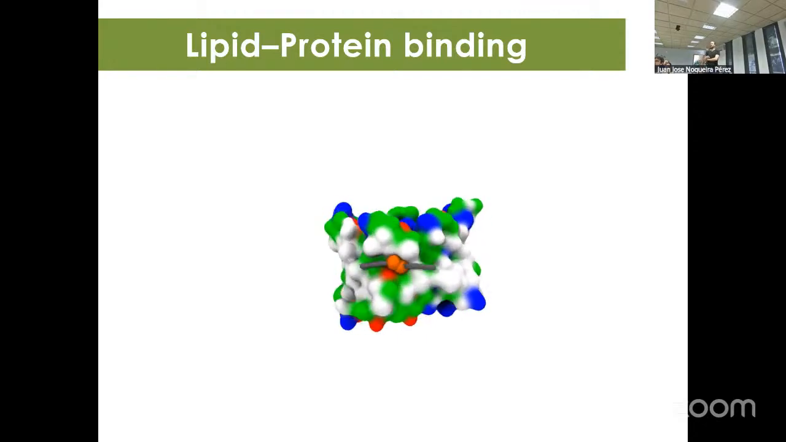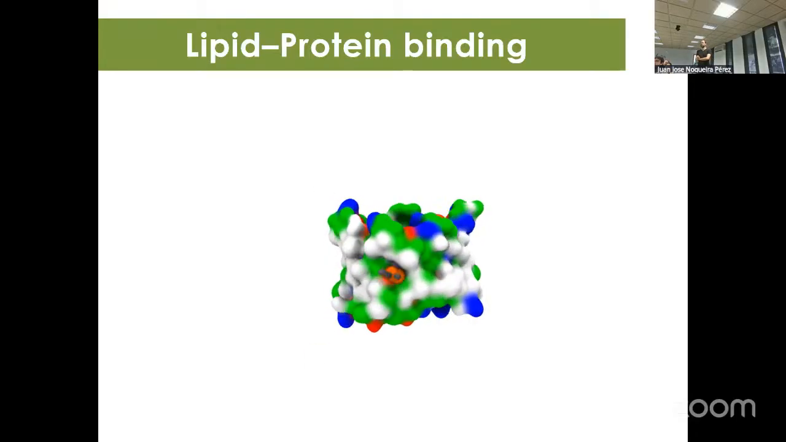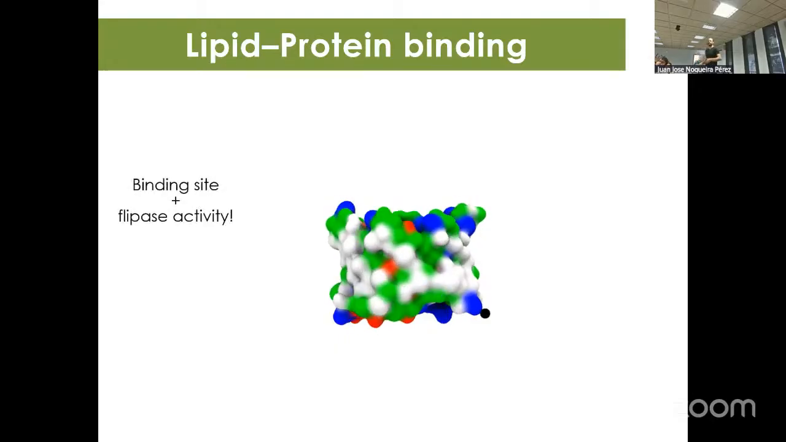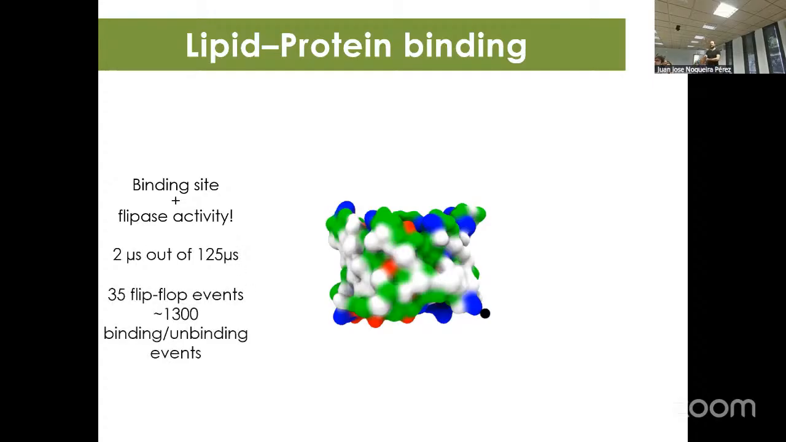So it stays there for a while, and it's quite neat. You can see it there. And at some point it leaves. Good. So we could find the binding site. We even found this lipase activity, where this protein promotes the lipid flipping from one side to the other. But in this particular case, I'm just showing you 2 microseconds out of a simulation that went to 120 something microseconds. In total, over the several replicas, we saw over 1,300 binding and unbinding events,